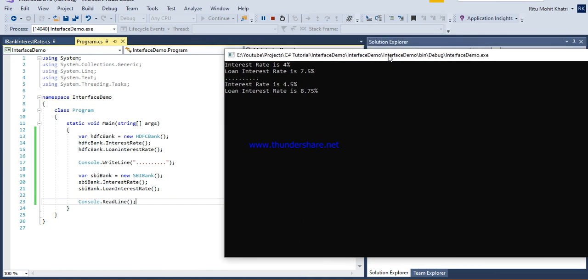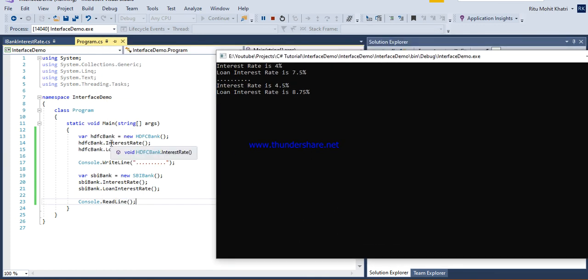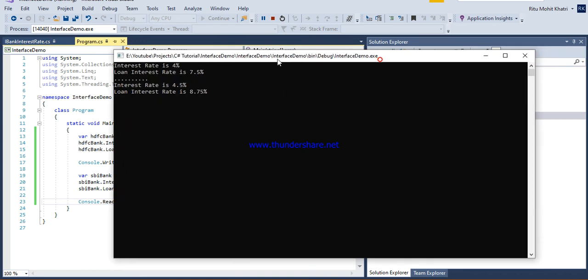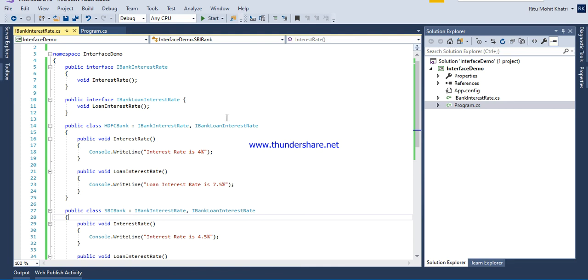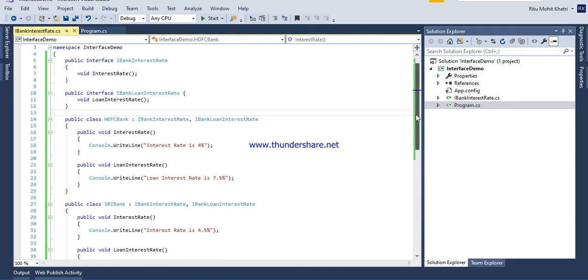So here you can see the first one was the HDFC Bank, and we have got its interest rate 4% and its loan interest rate is 7.5%. And second is SBI Bank, its interest rate is 4.5% and its loan interest rate is 8.75%.